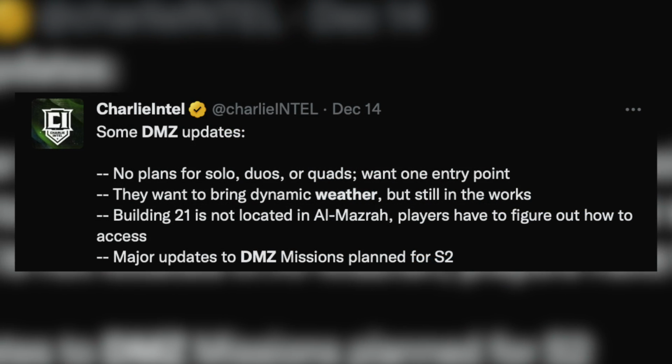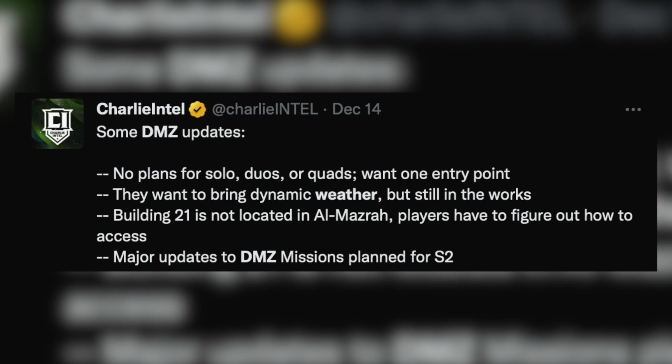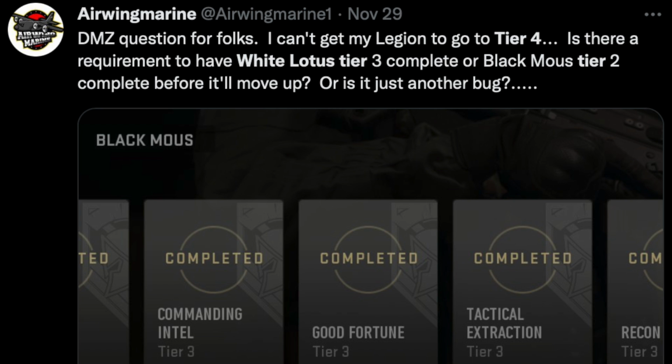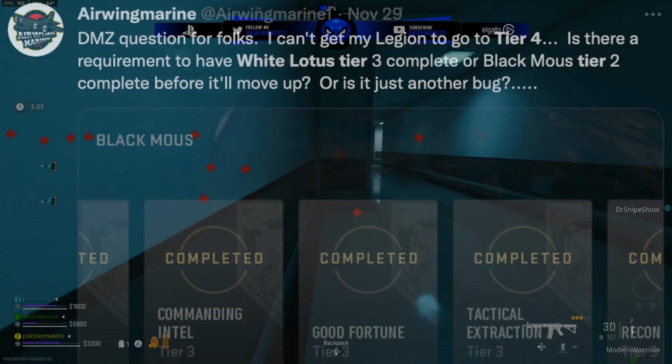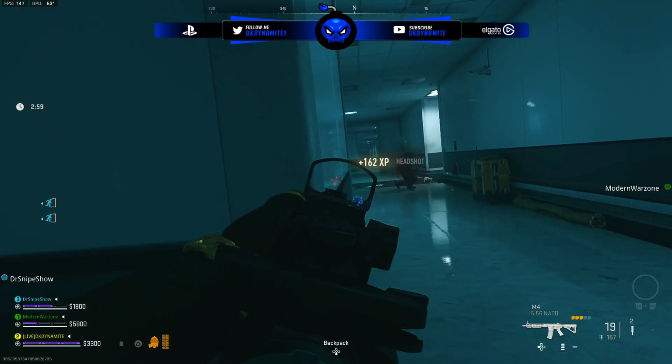But when I made that video, I wasn't able to talk about tier 5 for White Lotus because that entire tier was bugged out. People out there couldn't progress past tier 4 because progression wasn't working for some of those challenges, but that has since been fixed, and now we can actually see what all the tier 5 missions and unlocks are, which I consider to be the final rewards you can get right now on DMZ before the next